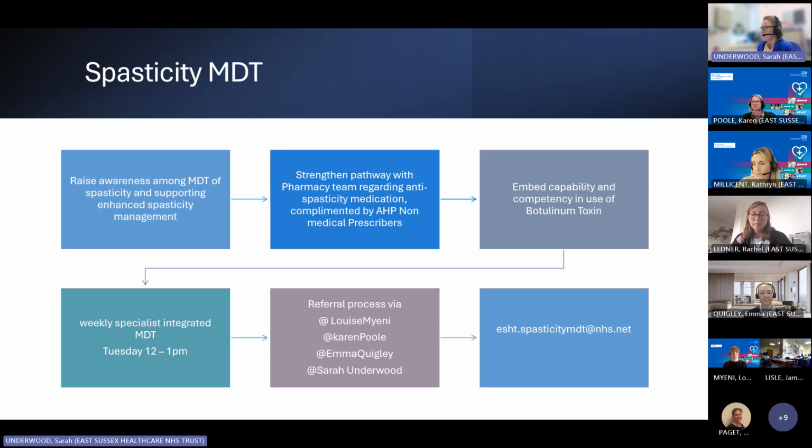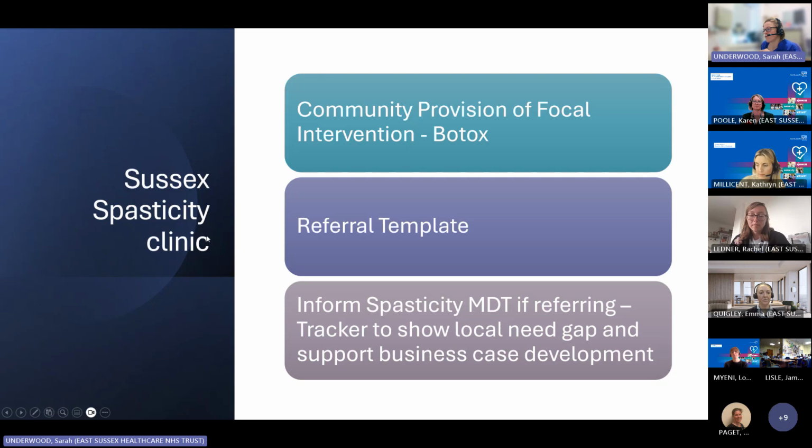esh.spasticitymdt@nhs.net. At the moment, we are in a position where we can provide botulinum toxin in the bedded setting, so in acute and rehab beds. We aren't able to provide it by ourselves into the community setting at present. The route for accessing it when patients are in the community is through Sussex Spasticity Clinic. We are growing the evidence that we need a local service. So if you are referring patients to Sussex Spasticity Clinic, please let us know so that we can start to gather that evidence and information